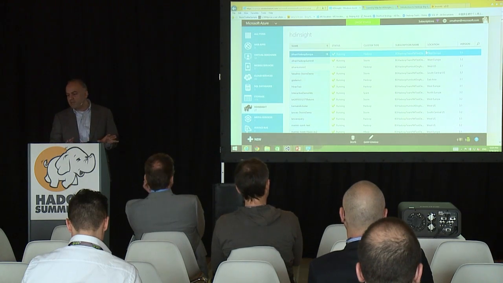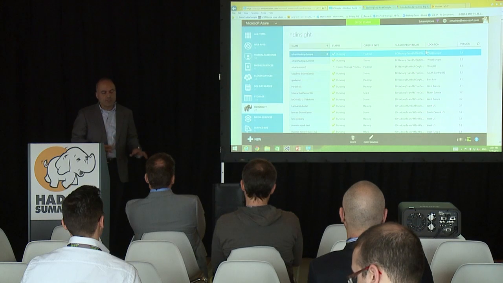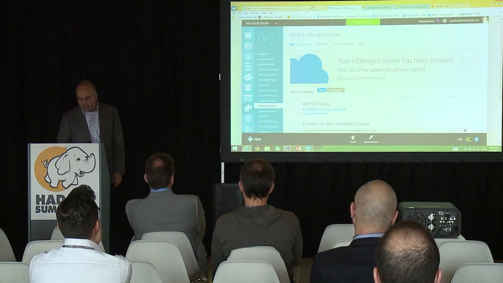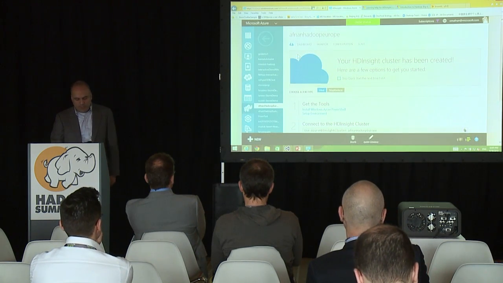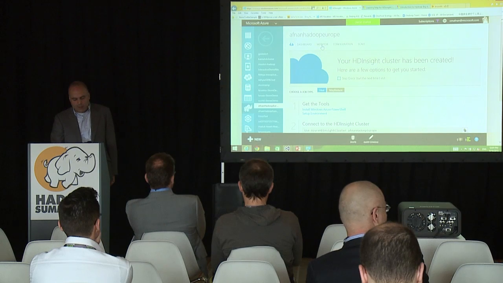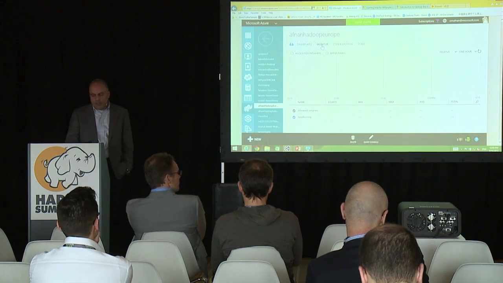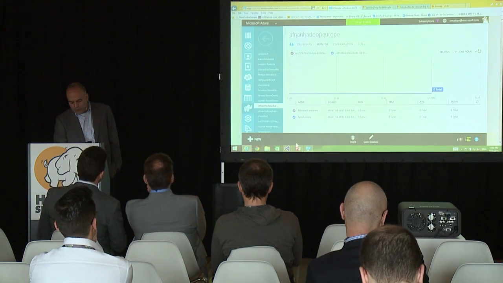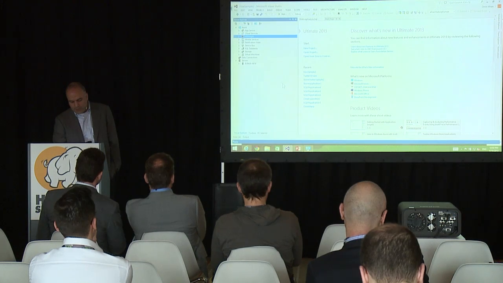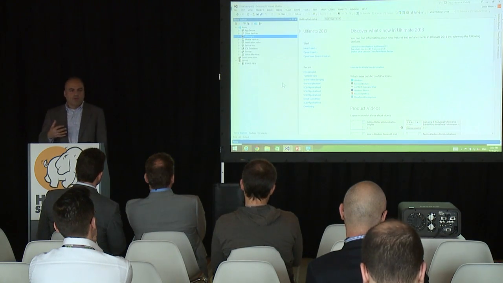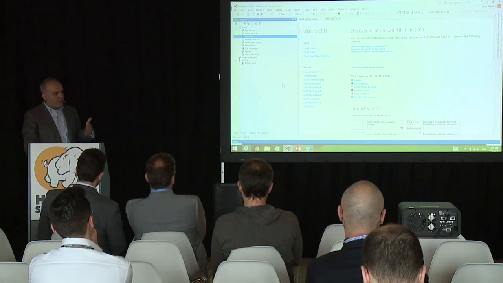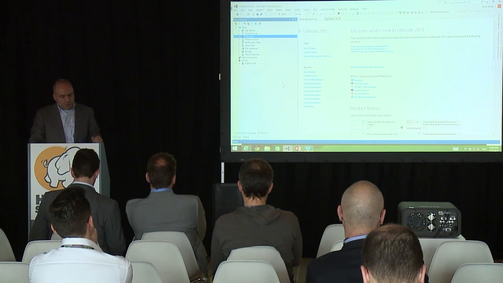So there's more that we can do here. Again, this is not a comprehensive demo, so I'm not going to show you all the features here. But you can go into some of these clusters, and you'll get some information about how to get started. You can also do monitoring and dashboards, which will show you some information about these clusters. But what I'd like to switch to at this point is to go to the Visual Studio side, because we feel that the development aspect of Hadoop or working with big data is very important. So we paid a fair amount of investment in making it easier to develop queries, to develop code that you'll use to process your big data.